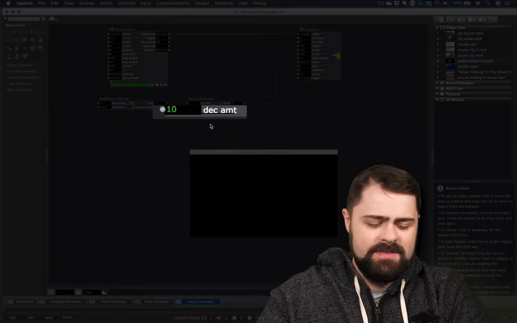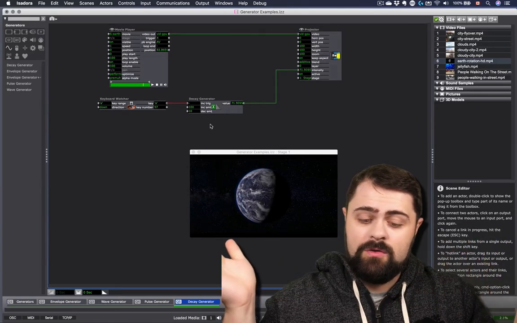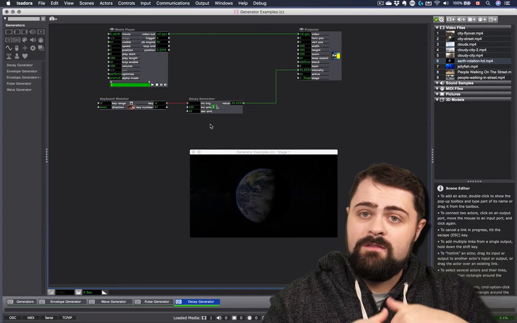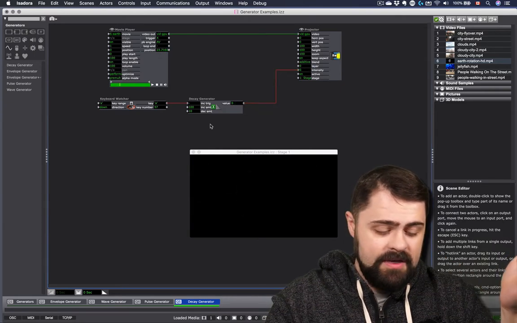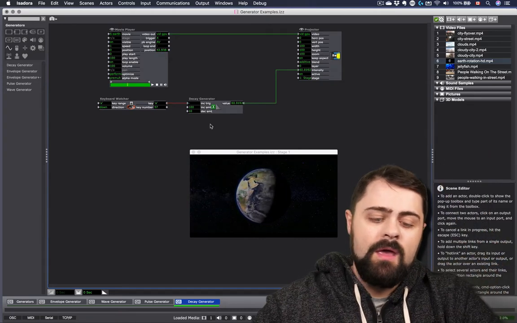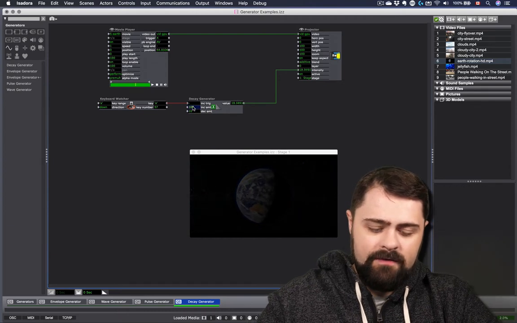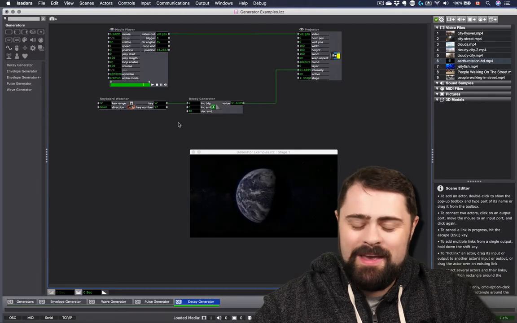Let's watch and see what happens here with our movie player. Pops the earth up to 100% intensity, but gradually fades it back down again. If in the process of fading down, it receives another trigger, it pops right back up to 100 again. By decreasing the increase amount, say to 5, I can now mash my keyboard to very slowly bring the Earth up to full brightness.